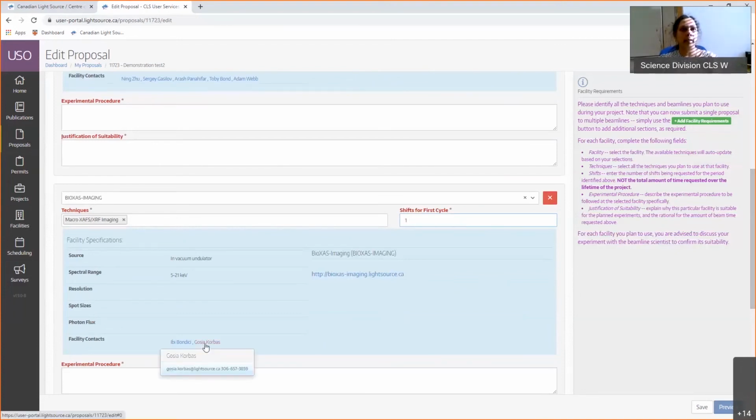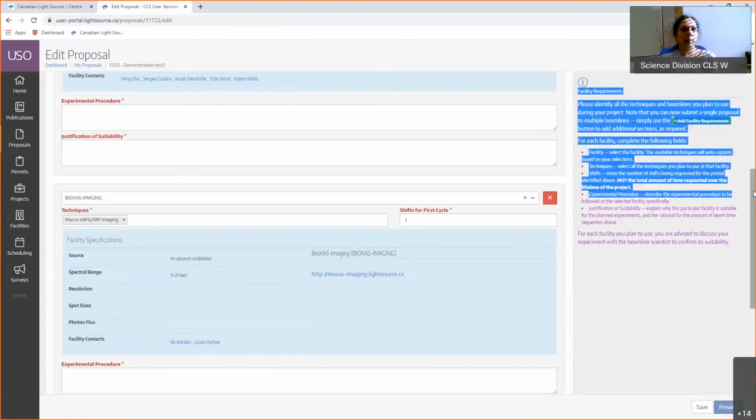Really, really important. Sometimes users write a very good proposal, but they calculate the time wrong, right? So these will be caught by the peer reviewers. They always know something because they have lots of experience. And that's where, in just a click, you say, I want to look at this. This is my experiment. I want to collect iron XANES or iron XRF mapping. This is what my plan is. Can you tell me exactly how much time it's going to take for one sample? And then you can expand on that, okay?